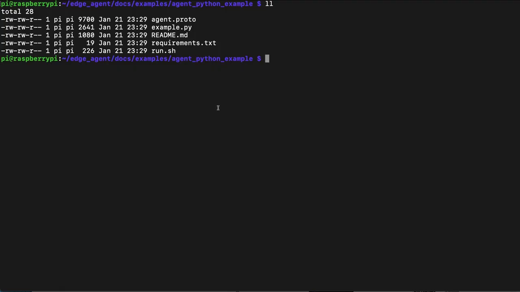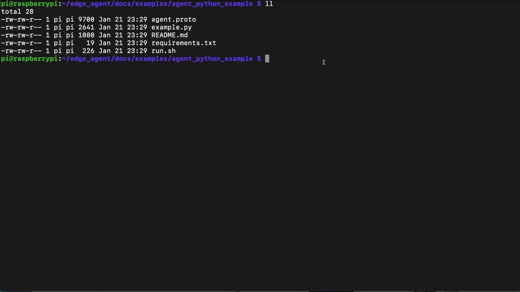Let's have a quick look at the command line. We have to specify a socket that an application will use to communicate with the Edge agent, as well as point the Edge agent to the configuration file that the quick device setup created for us. So let's start it. We'll see some printouts, and now it's listening on its socket, and we can run one of the sample applications. The Edge agent package comes with two examples, one written in C++ and the other one in Python. Let's have a look at the Python example.